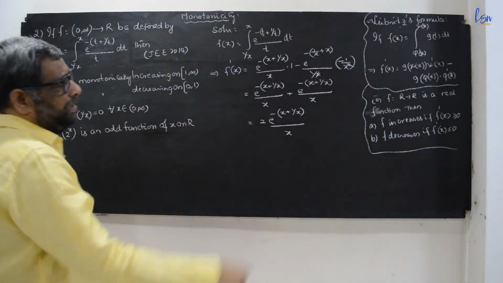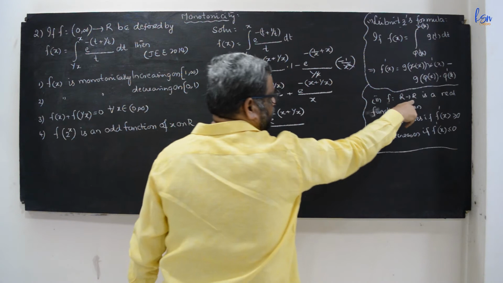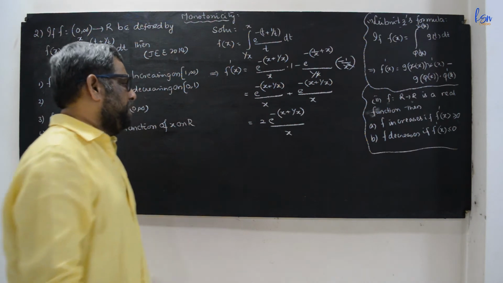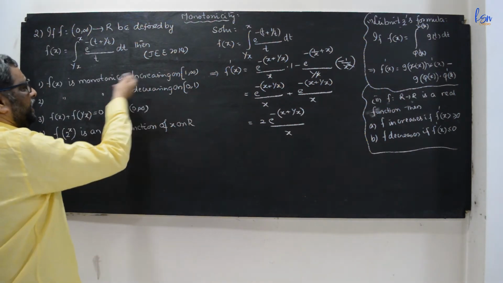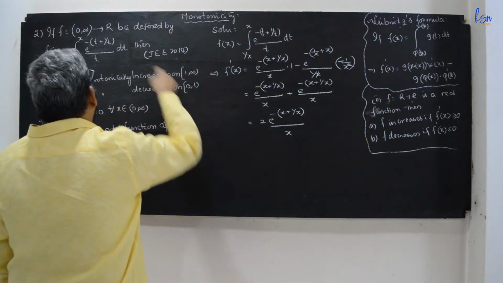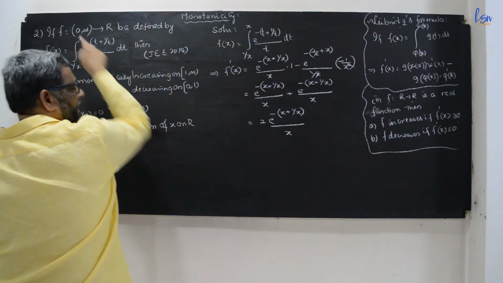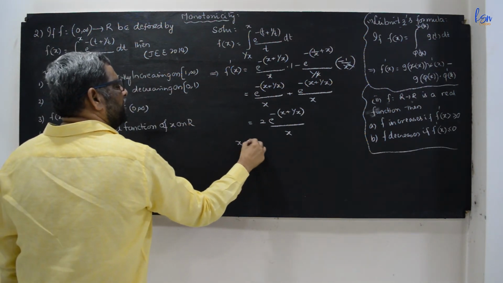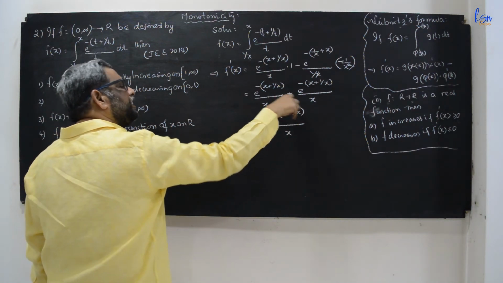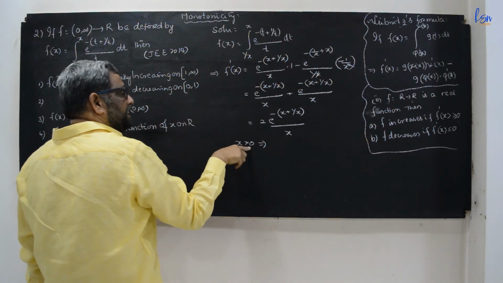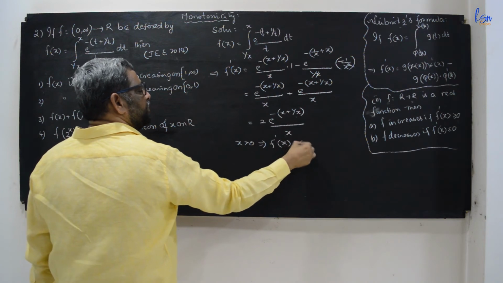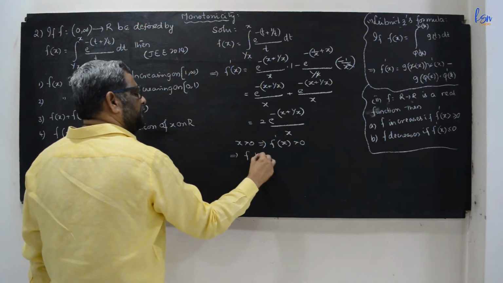Here in this case also, f increases on R means f increases if f dash is greater than or equal to 0 in its domain, whatever the domain may be. Now here it is given that it is monotonically increasing in this or decreasing in this. So we will consider, because 0 to infinity is the domain, x greater than 0. For x greater than 0, the denominator is positive, the numerator being an exponential function is always positive, and x is greater than 0, therefore 1 by x also exists. Therefore f dash x is greater than 0, which implies f increases